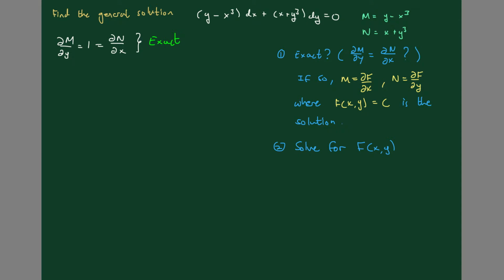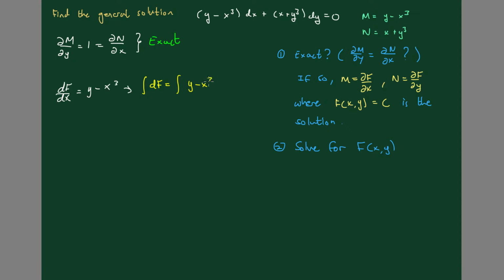Let's say we choose this first one here, M equals df/dx. So that means that df/dx is equal to M, which is y minus x cubed, which means that we have the integral of df is equal to the integral of